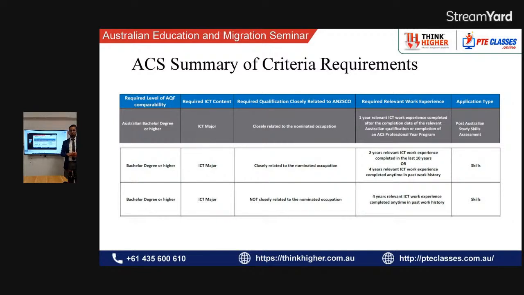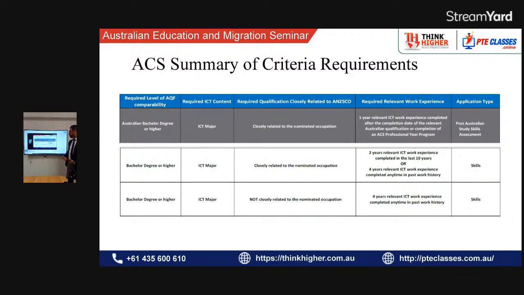If you don't have 2 years of post-study experience, you can also apply for a bachelor's skill assessment from an offshore degree based on 4 years of experience in the last 10 years. So say during the Bachelor of IT you have done an IT job, a full-time job, you can still claim those, but it has to be 4 years full-time, and altogether within the last 10 years. That also gives you a bachelor's degree assessment. People only believe that it's post-study, but it's not like that. It's a very good tip for those who are struggling to get the skill assessment done, or are still waiting for another 2 years to pass. That's not the case.